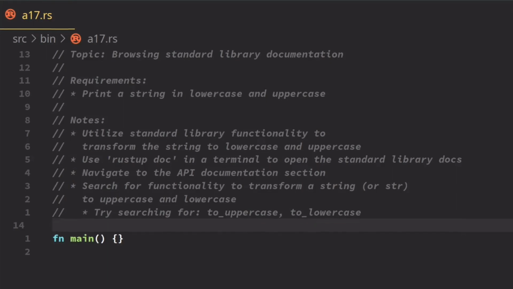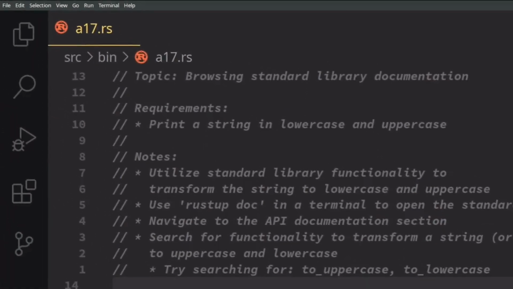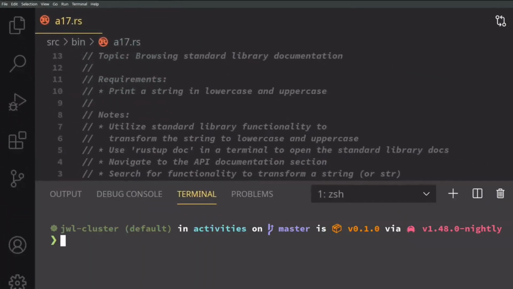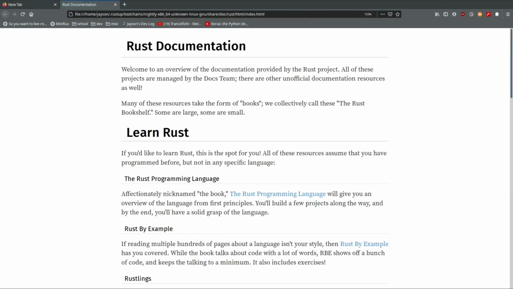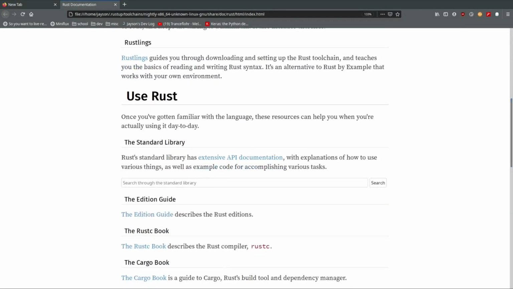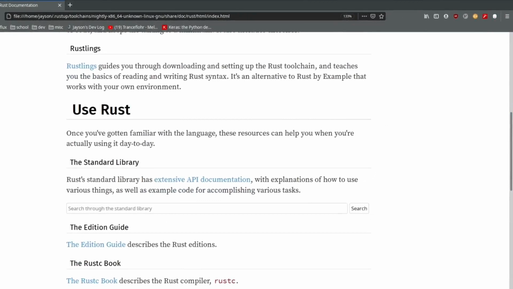So the first thing I'm going to do is open up a terminal by going to Terminal, New Terminal. I'll type in rustup doc to open up the standard library documentation. Once the documentation loads, I'm going to navigate to the API documentation section. The API documentation section can be searched directly in the search box, or you can click here to go to